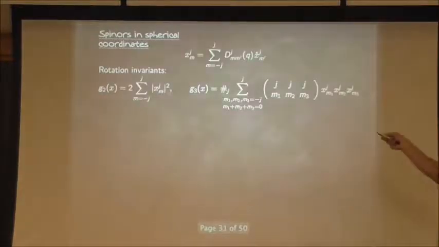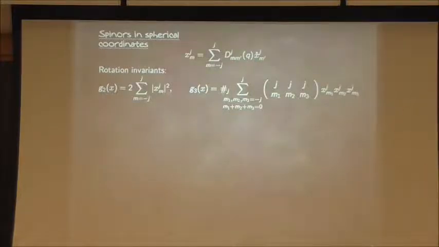So if I want to apply this way of thinking to j greater or equal than 2, I have to figure out how to write spinors in spherical coordinates, which is a very strange thing to do. But I'm going to use the same approach. I'm going to use the same property of spinors, the fact that they transform with respect to the spin j representation. I'm going to choose a reference object and parameterize everything that is related by rotation from that object with